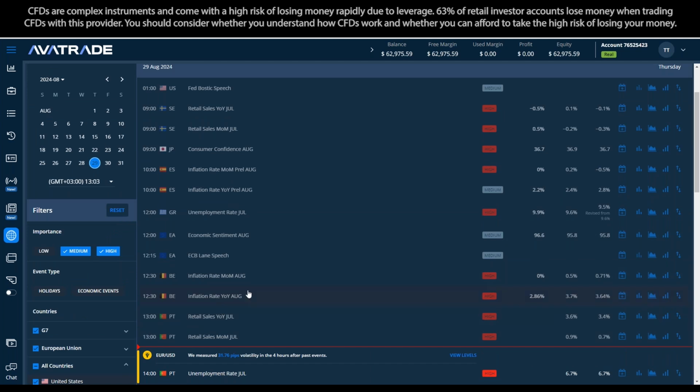In particular, out of the European Union, we see a larger slowdown than expected. If we start to look at inflationary data coming in, it was expected to drop from 0.71 to 0.5, and it actually came in at 0% inflation rate. This is out of Belgium in the Euro area. That's month over month and year over year, coming in lower than expected. Year over year at 2.86% inflation, which is now dropped under 3%,